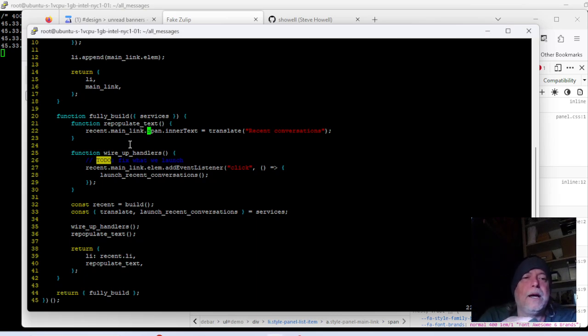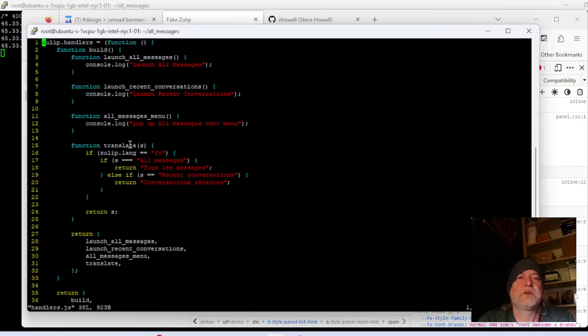So I have this repopulate text, which I return. I'll show you the calling code here. When you call fully build, it returns the list item so that the caller can put the list item in the container, and then it returns the method repopulate text. Repopulate text just uses translate, which comes from the services that are passed into fully build, and then it translates recent conversations. And if I go to the handlers,